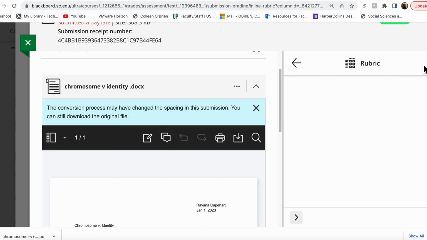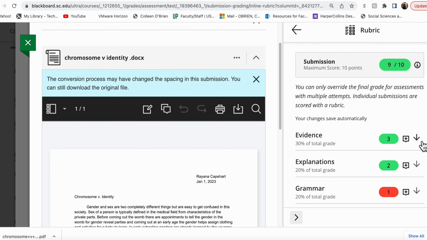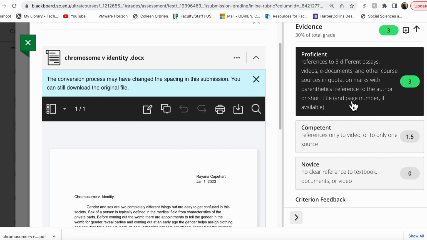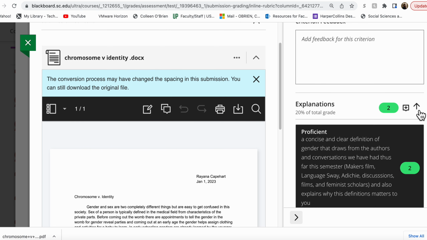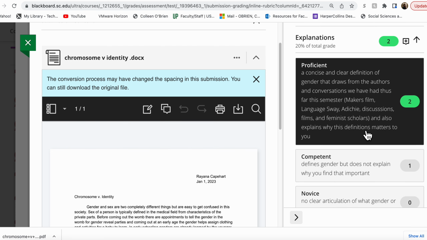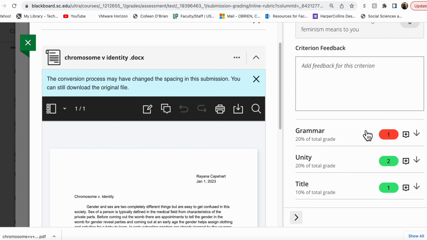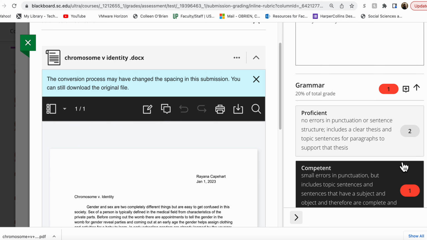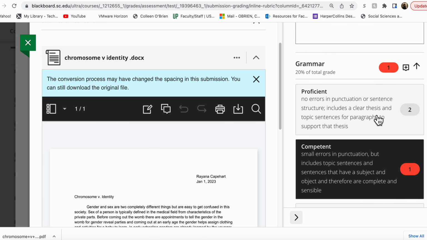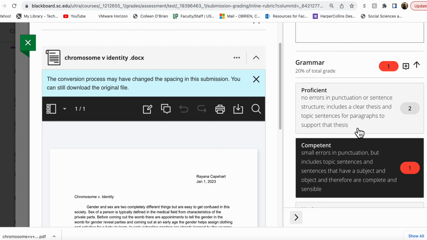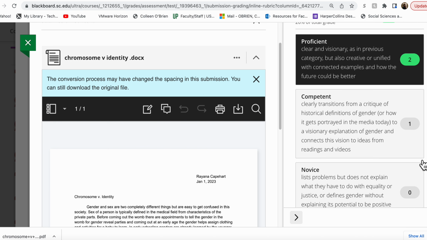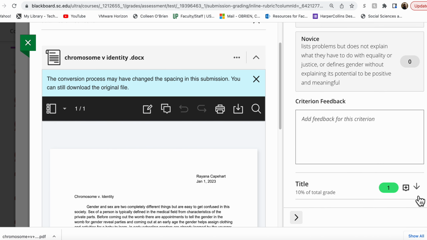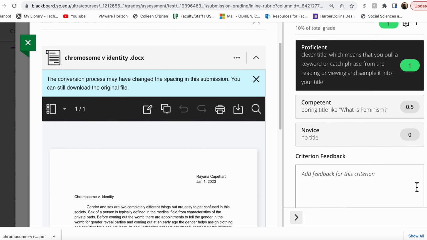fulfilling what the rubric asks you to do, which is to use evidence from 3 different sources and or videos, to explain things in your own words and why you think it's interesting or important, to use those active verbs and read your draft out loud, because that's going to automatically help your grammar, and topic sentences, and also to have a clever title.